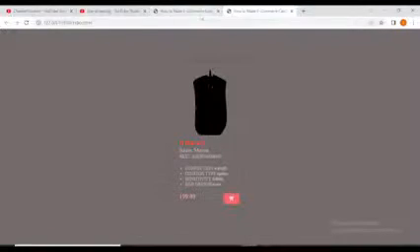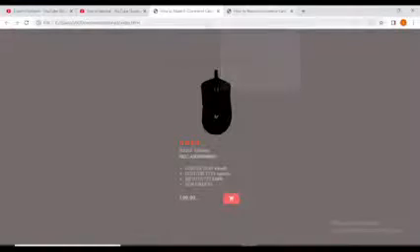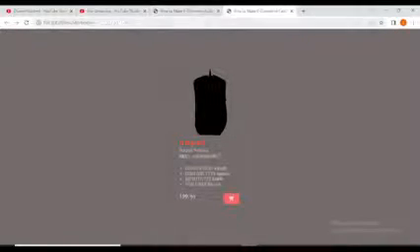HTML CSS project on how to make an e-commerce cart using HTML CSS. So if you enjoyed